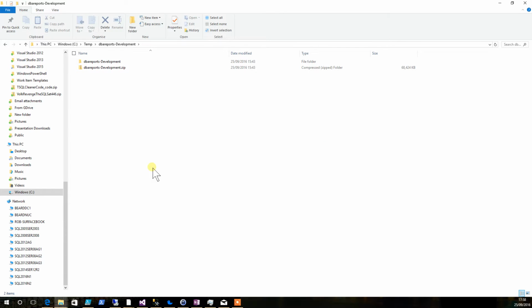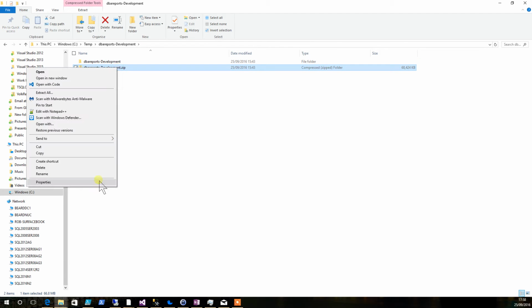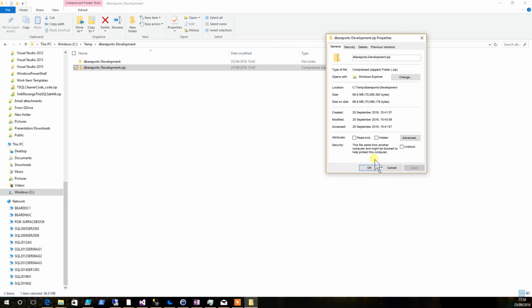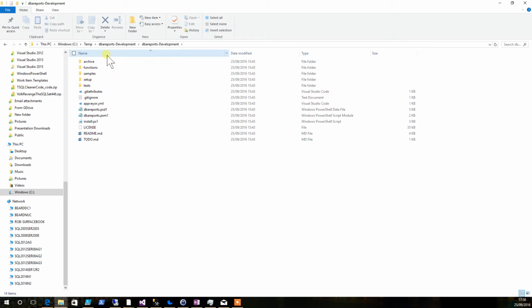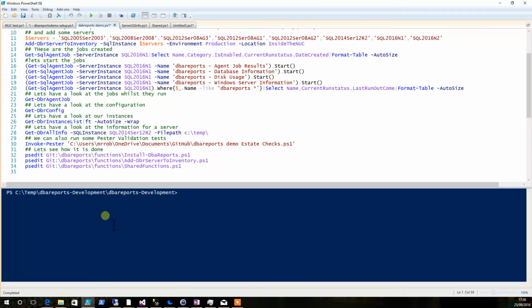Once the zip is downloaded, you should unblock it by right-clicking, going to Properties and ticking the unblock and apply, and then unzip it. Once unzipped, you'll have a folder like this. If you then change your prompt to that folder